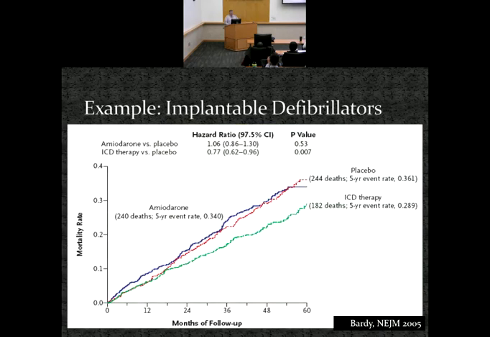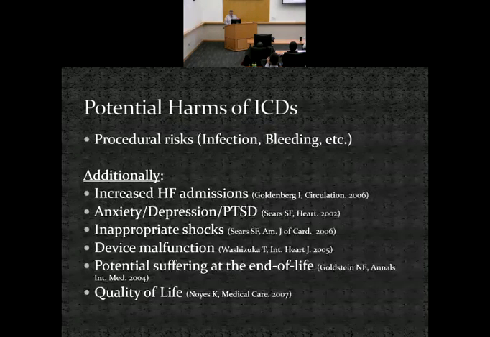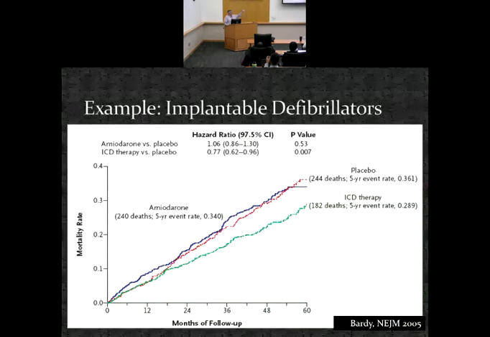So here's that example again. As far as medicine goes, this is a huge benefit. A 7% absolute risk reduction. This blows all of the cholesterol and blood pressure treatment that I do in clinic out of the water as far as the absolute risk reduction. So this is a big benefit. I don't mean to say this is not a great therapy. I have 3 small daughters. I'd get a defibrillator if I had heart failure. I wouldn't be happy about it. I'd be informed, but I would get one.